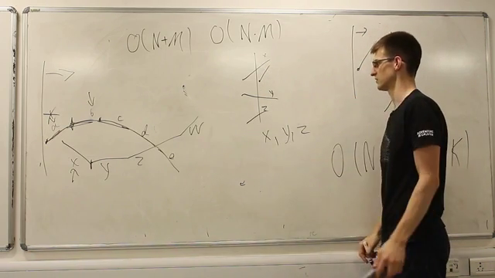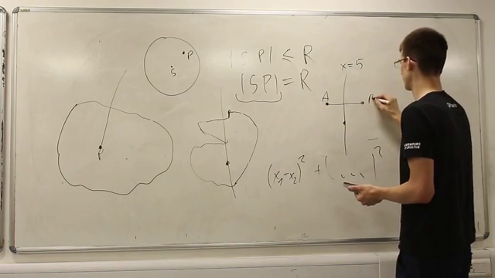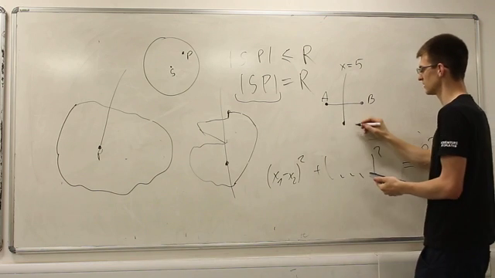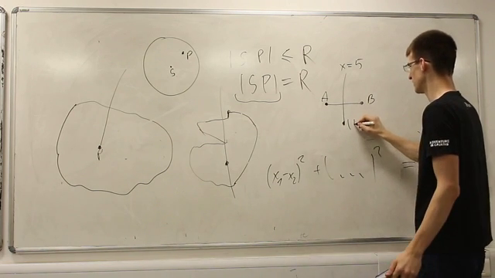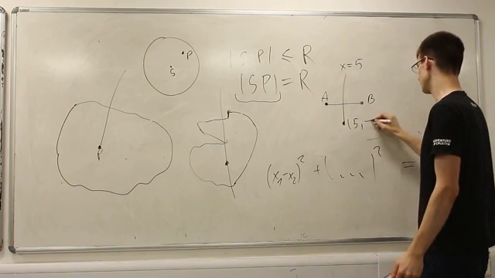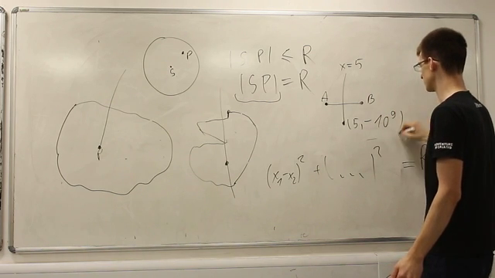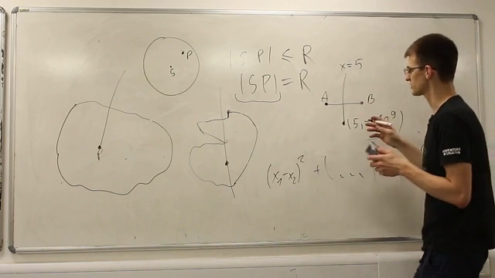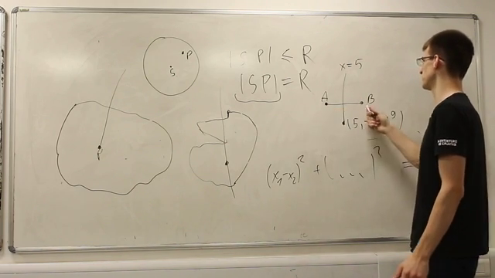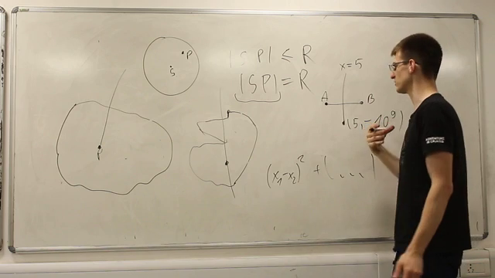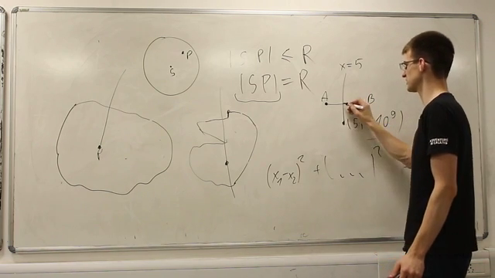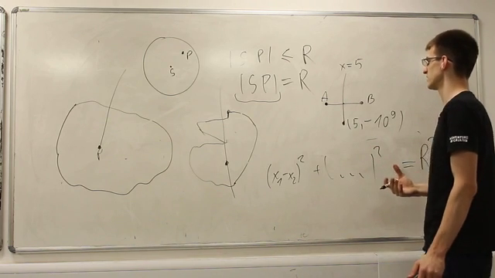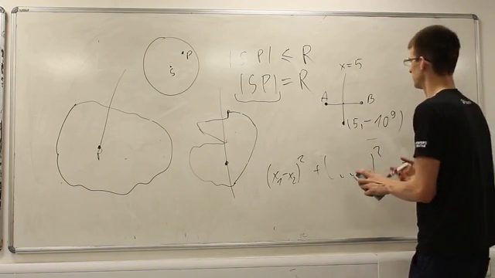segment here, some points a, b, not a line, and there is some point below that. So let's say a point with coordinates 5, minus 10 to the power 9. So far we checked whether A is on the left, B is on the right, and we would have to think what happens when one of them is exactly here. It isn't true. And the hack for that is to think that the